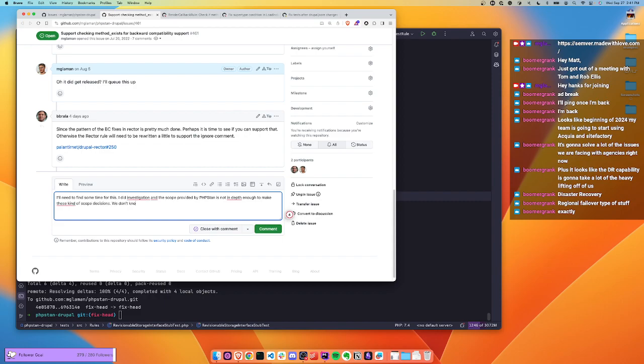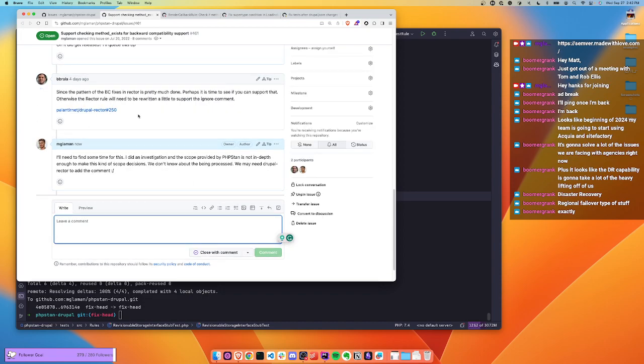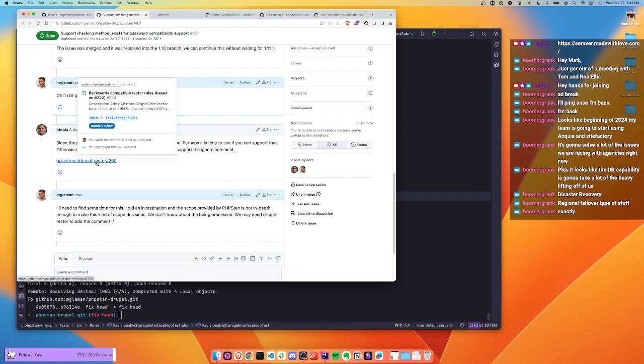I don't know about the node being processed. We may need Drupal Rector to add the comment. So what this issue is referencing is with